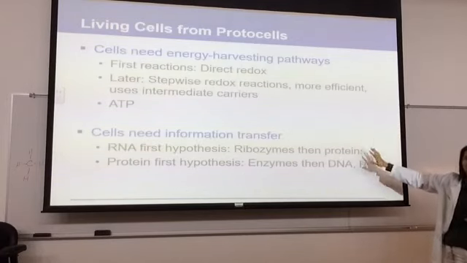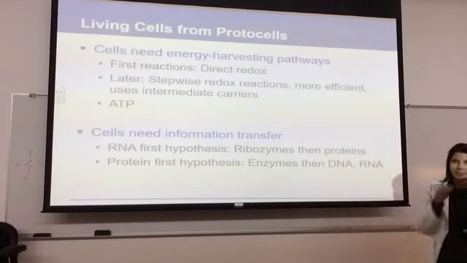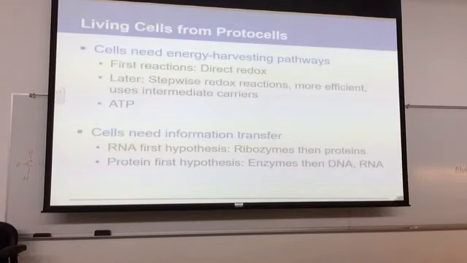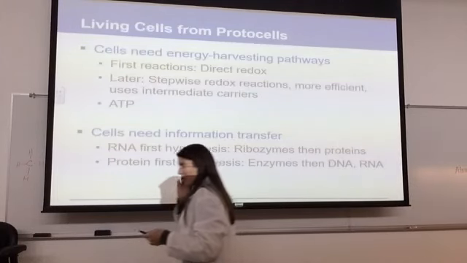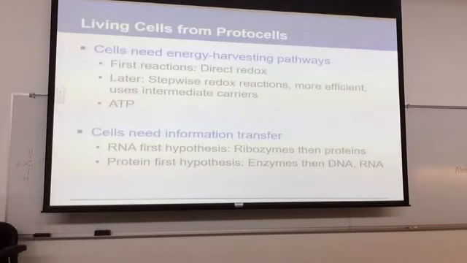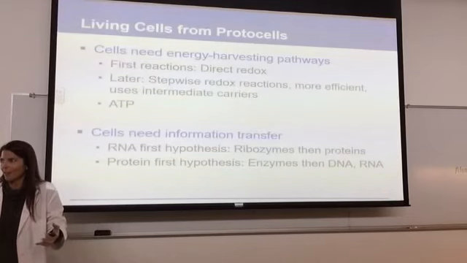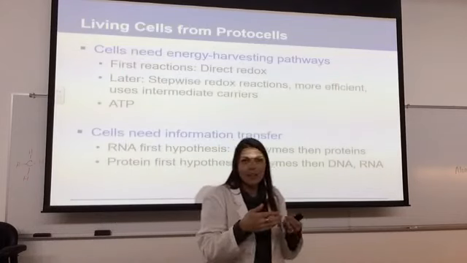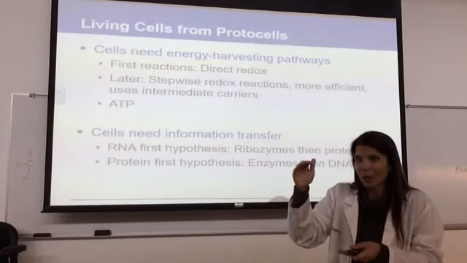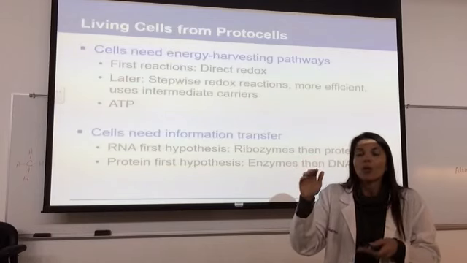Another characteristic of all living things is that they have molecular data. What do I mean by that? DNA. We don't know how DNA first got here. There are quite a few hypotheses. The two most popular are the RNA first hypothesis. It is believed initially that because DNA is double-stranded and it is such a large molecule, it's too complex to have just been here. That perhaps RNA came first. And RNA is just single-stranded. Remember, it's much smaller, it's more simple. So they believe that